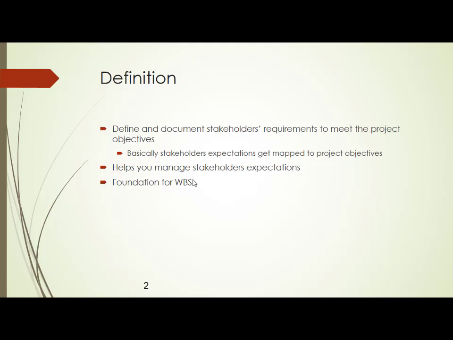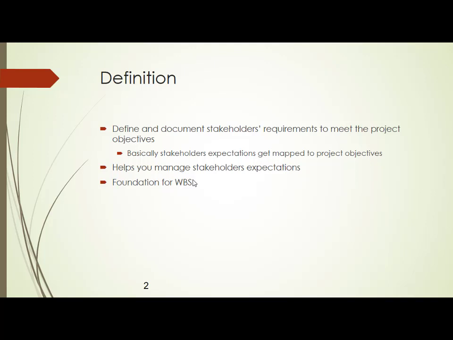Then we saw the stakeholder management grid, where we divided the stakeholders into 4 quadrants, where we took high priority in the project and high influence in the project. How do we manage them? So that means now we have a stakeholder register with us and we have a stakeholder management plan with us. Now once you have the stakeholders with you, the next immediate step is to go and talk to the stakeholders and start collecting the requirements. Once you collect the requirements, that is the starting stage for you to create something called WBS.